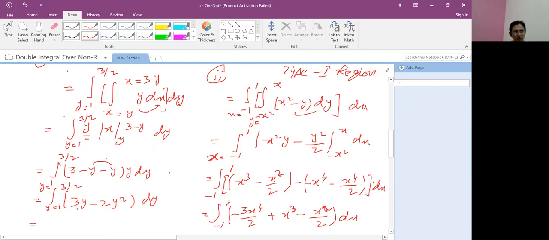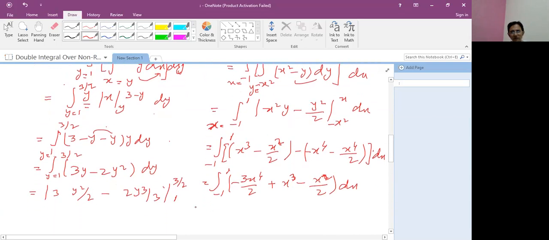So in the next step, if we integrate with respect to y, we get 3y squared upon 2 minus 2y cubed over 3. Then we apply the limits 1 and 3 by 2. If we integrate with respect to x, student, minus 3 by 2 as a constant number, x^4 into dx,